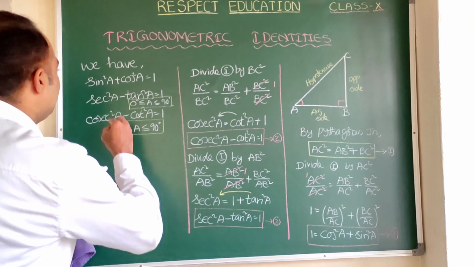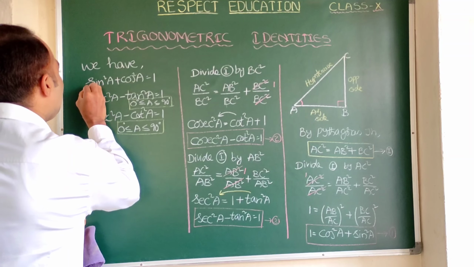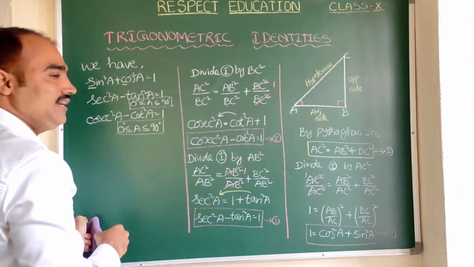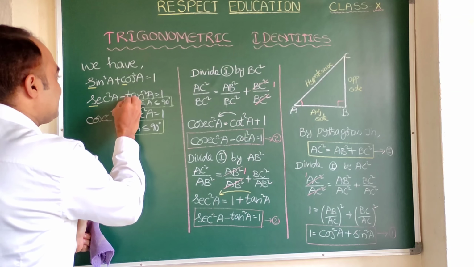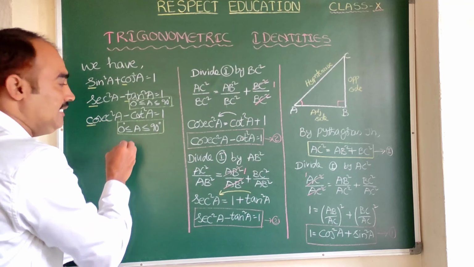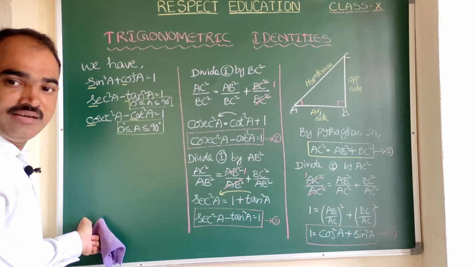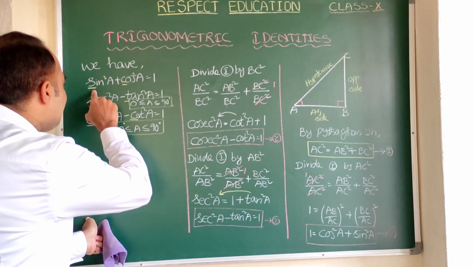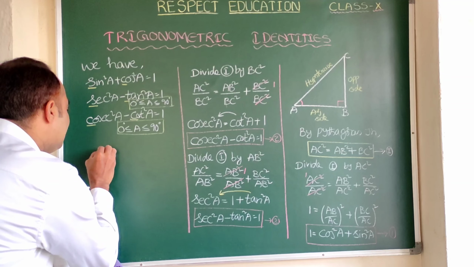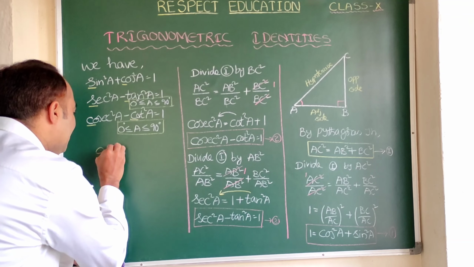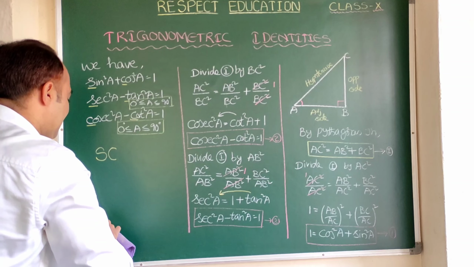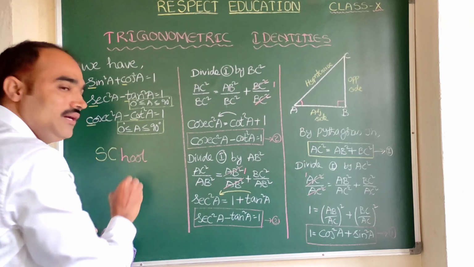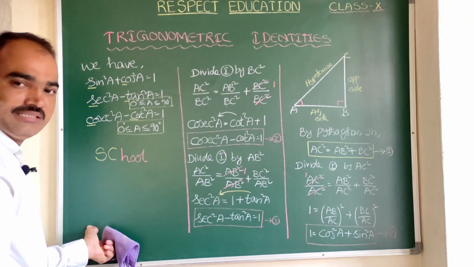Here you see, pick up the starting letters. Here it is S, here it is C. Here it is S, here T, here it is C, and here also C. Clear? Now let us make a small trick using this. SC, I am taking it as school. Here is S, here is C. This is school, in which remember S and S.